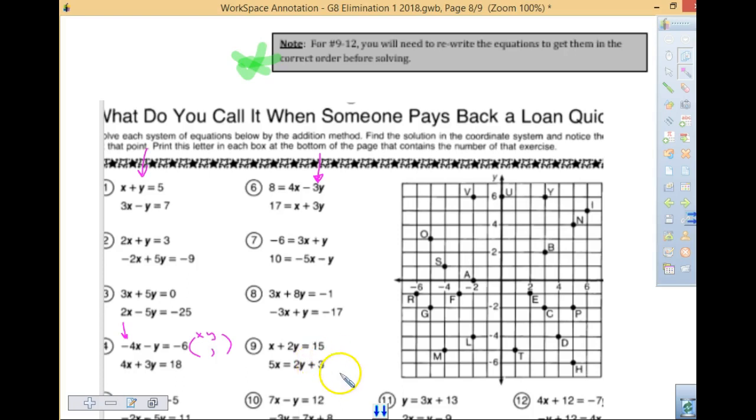If I'm going to rewrite this, I need this second equation to be lining up with the x, the y, the number. So I am going to subtract 2y in this equation. My new equation would be 5x minus 2y equals 3. I am going to line that up, please don't do that, with the x plus 2y equals 15. At this point,